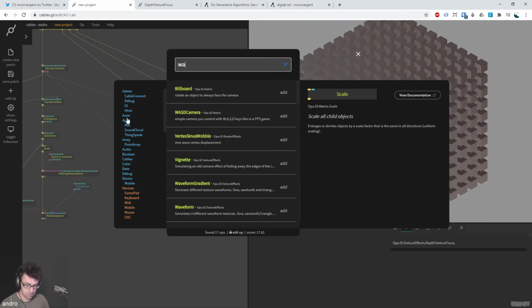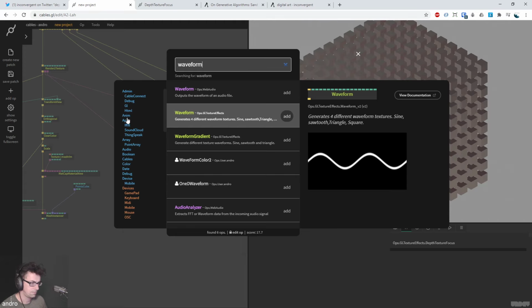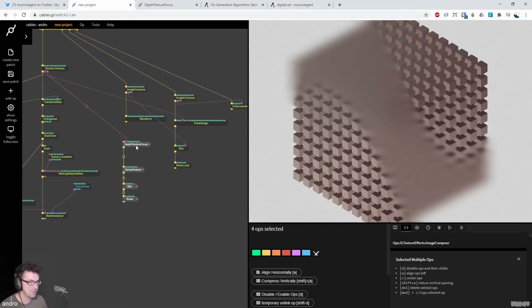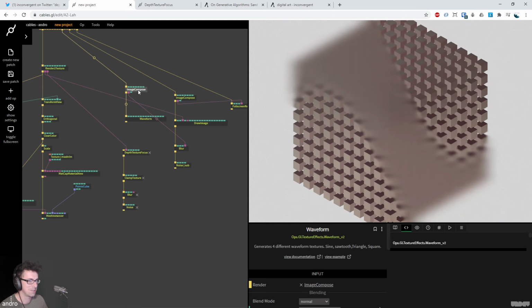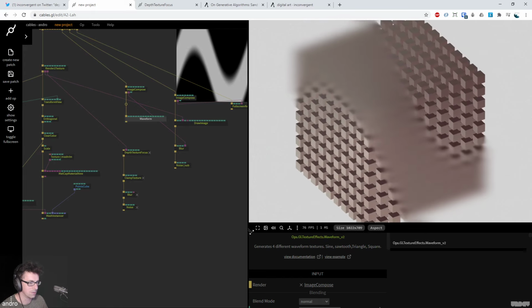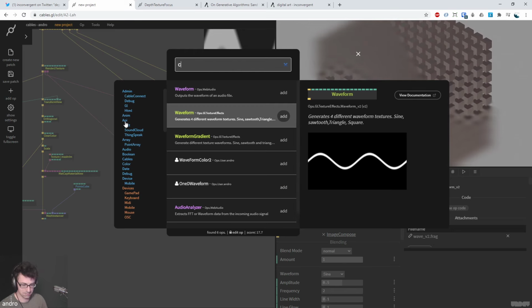So let's grab waveform. This one, I have no idea if this is going to work. Well, look, you can already see here what's happening, right? This is an interesting thing that we can do. I'm going to make the picture a bit smaller. And I think this is a,